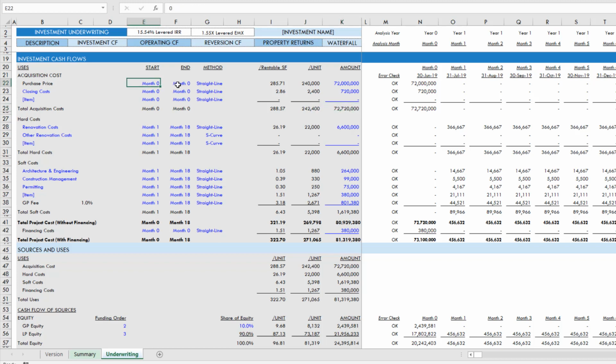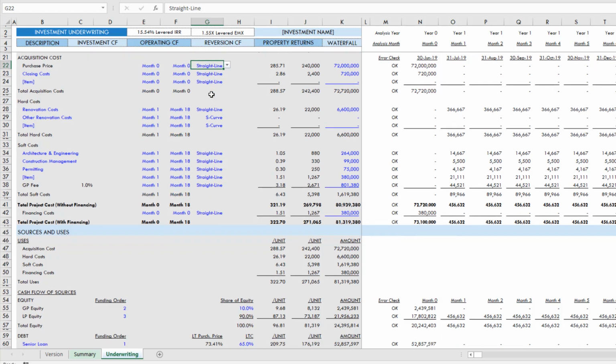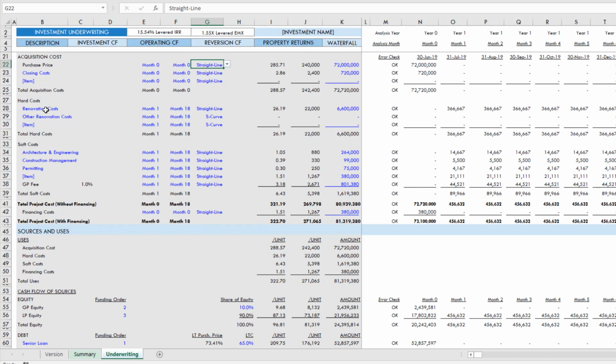Off to the left here, you choose when each one of these line items begins and ends, and then you choose the method by which you are forecasting those costs. Your acquisition costs more than likely are going to happen in time 0, right at analysis begin, and the projection method doesn't matter. However, as you move into your renovation budget, your hard costs, your soft costs, you'll likely be setting some schedule. So here we have